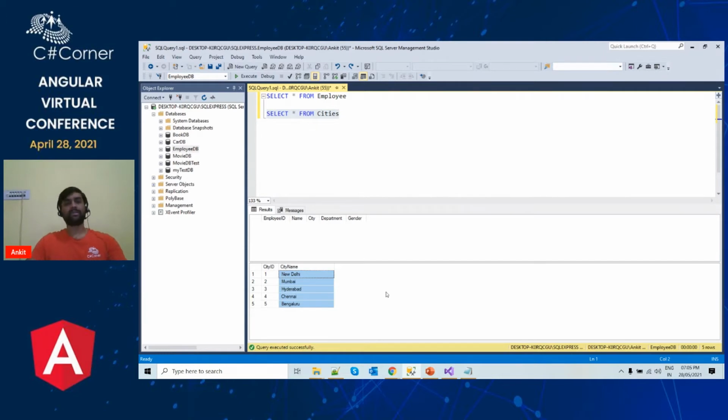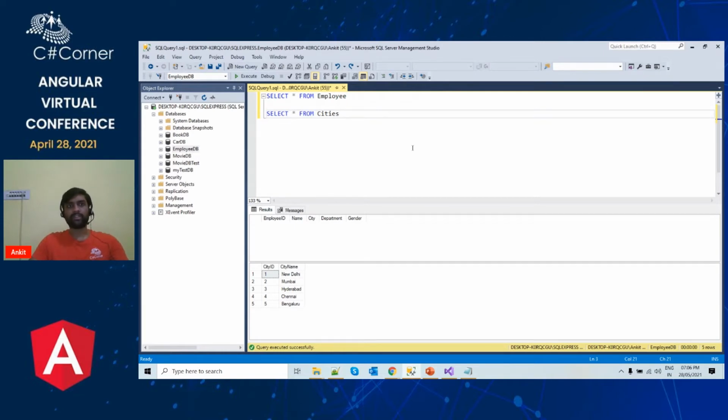So what is this cities table going to do? In the UI, we are going to provide a form to the user where they can add the employee data. In that form, there will be a drop-down list to select the city value for the employee. And that drop-down list will contain the values from this table. This will allow us to make this dynamic. We are binding the drop-down list on the UI with a database table from the backend. So that is the use of the cities table. Currently the employee table is empty because we have not added any data to it.